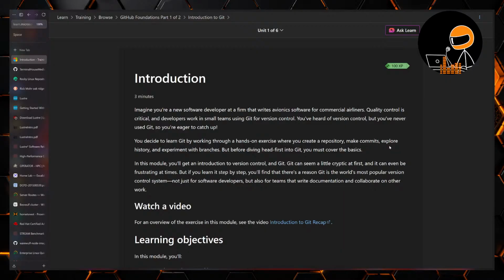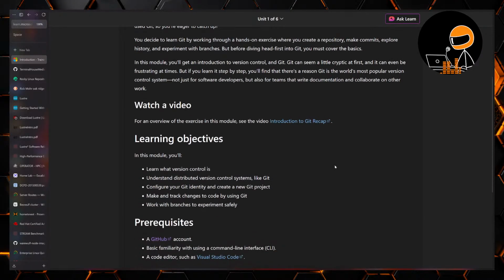Git can seem a little cryptic at first, and it can even be frustrating at times, which is why I'm going through this again. But if you learn it step by step, you'll find that there's a reason Git is the world's most popular version control system, not just for software developers, but also for teams that write documentation and collaborate on other work. Watch a video for overview of the exercise in the module,